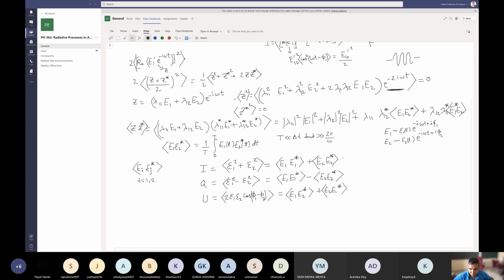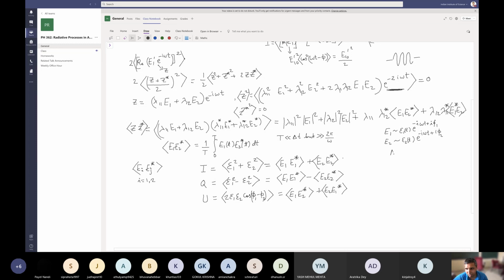You can actually prove from this that twice epsilon1 epsilon2 cos phi1 minus phi2 can be written as this, just from the complex numbers. So when you do E1 E2 star, you will get this e to the i phi1 minus phi2, right? And the second one will be the complex conjugate. So basically